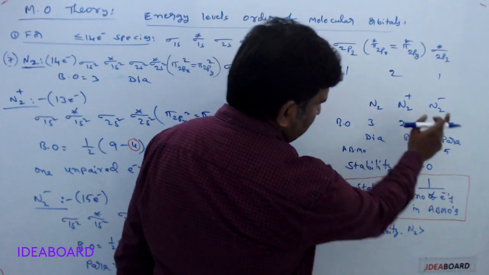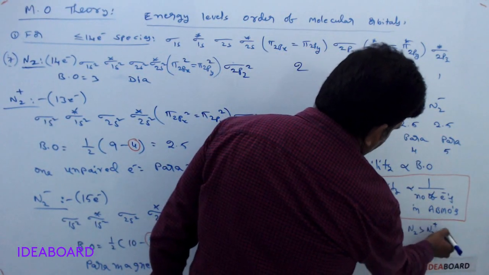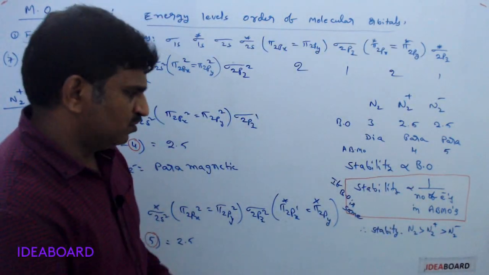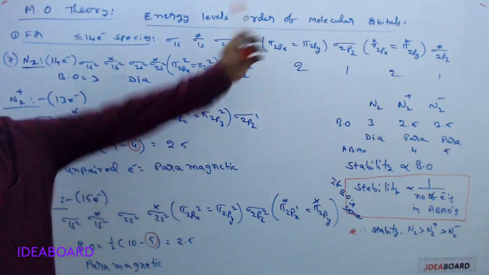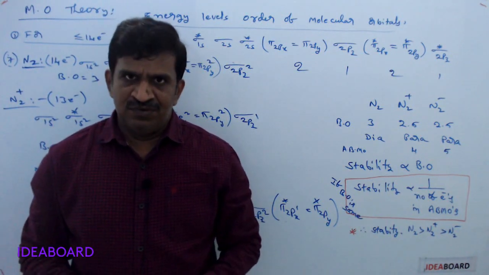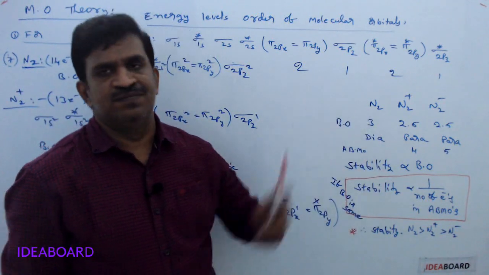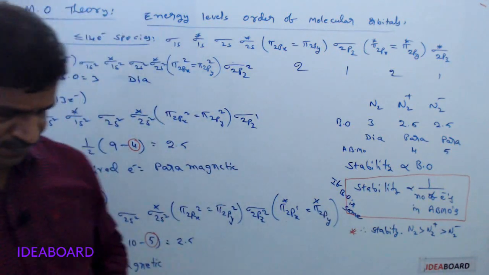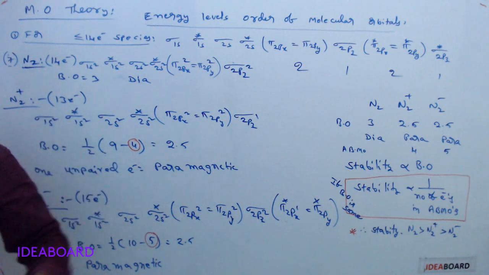And no need for this. Then between these two, N2 plus has fewer anti-bonding electrons, next is N2 minus. So please remember, this type of order they are asking: which molecule of the following is more stable, which is less stable. Sometimes they ask N2 plus 2, N2 minus 2 also, mixing all 5. So try to write a stability order, or tomorrow I will give it. Okay. We will check some more molecules with more than 14 electrons in the next class.